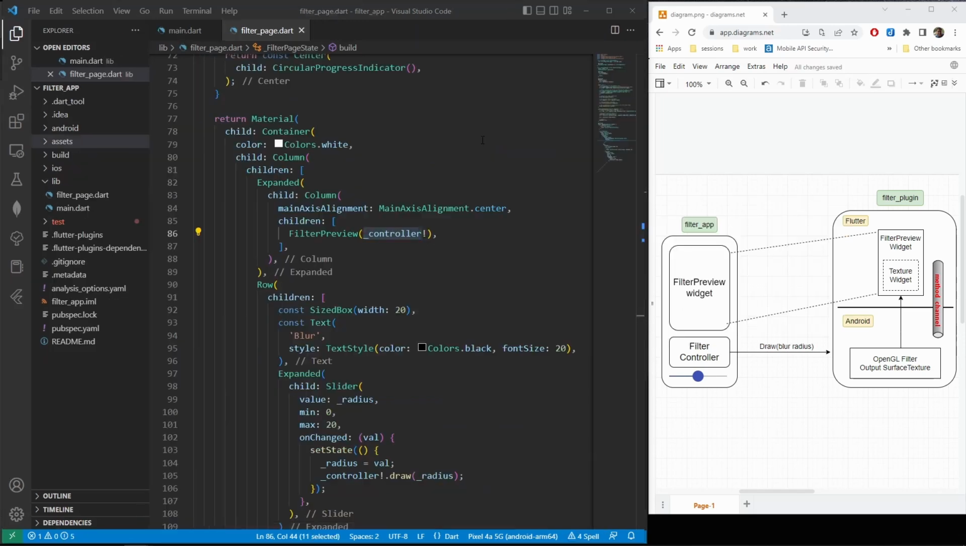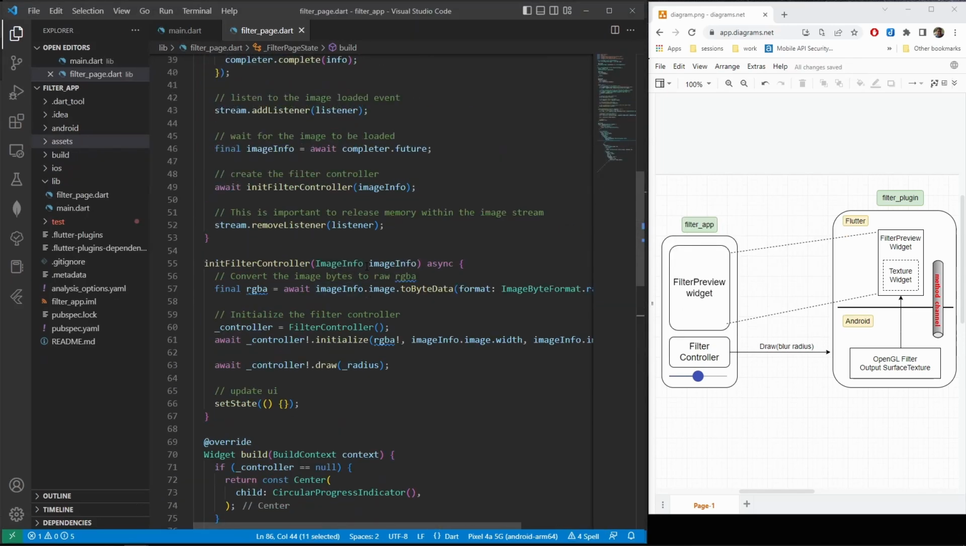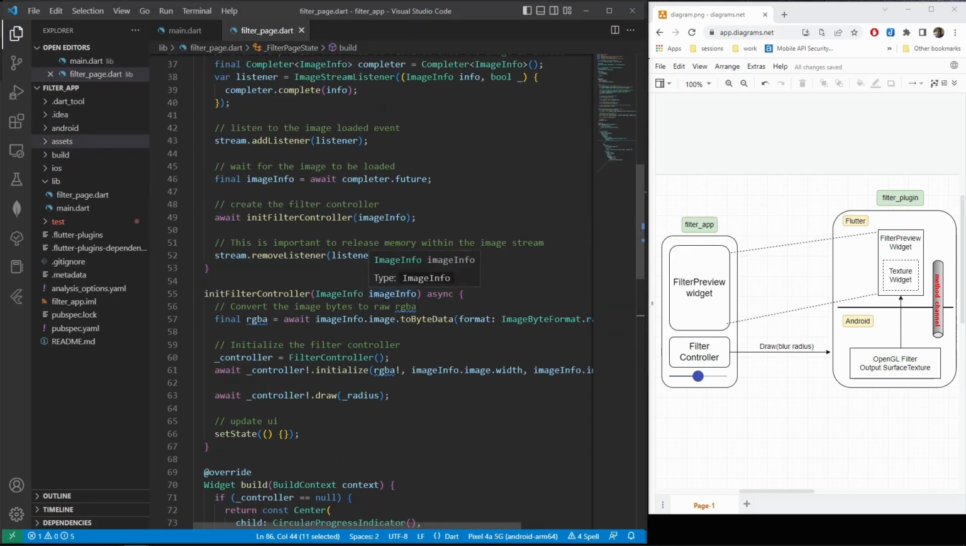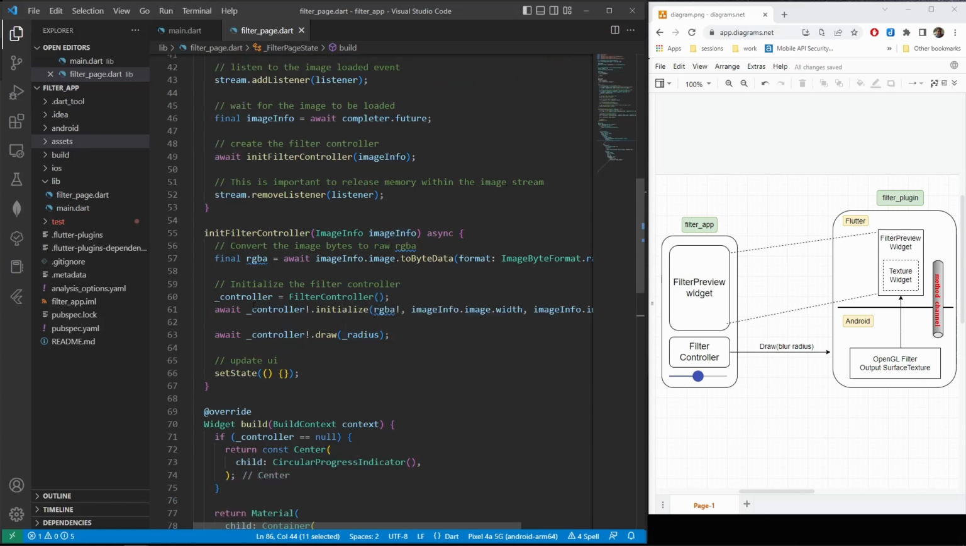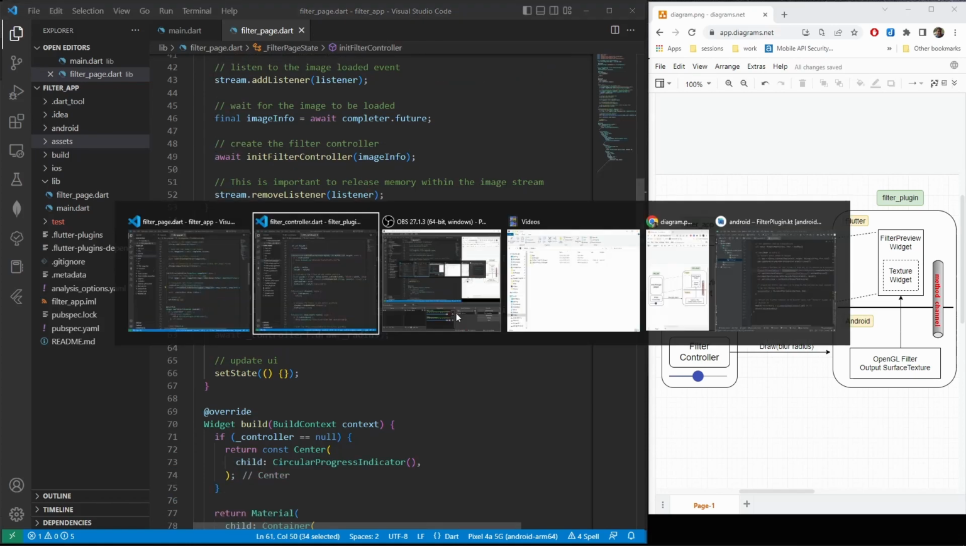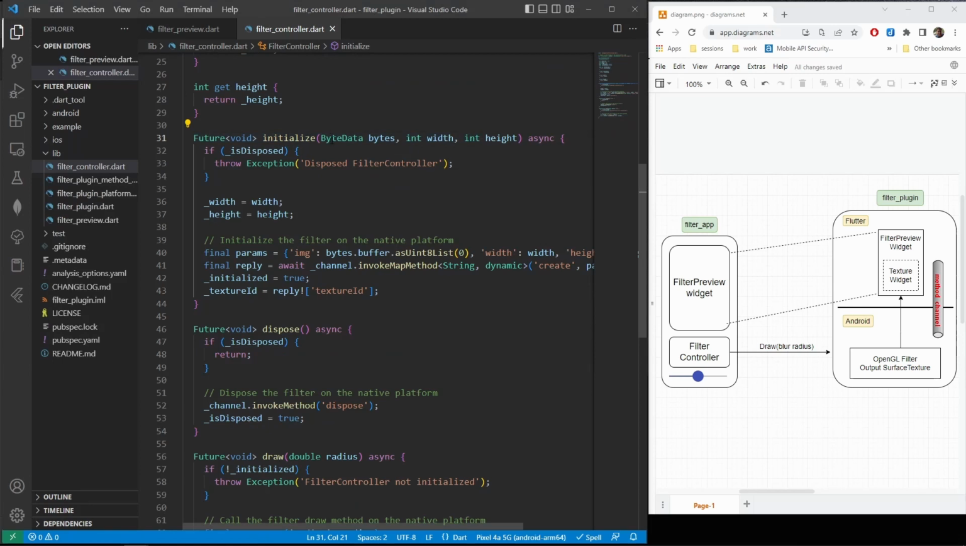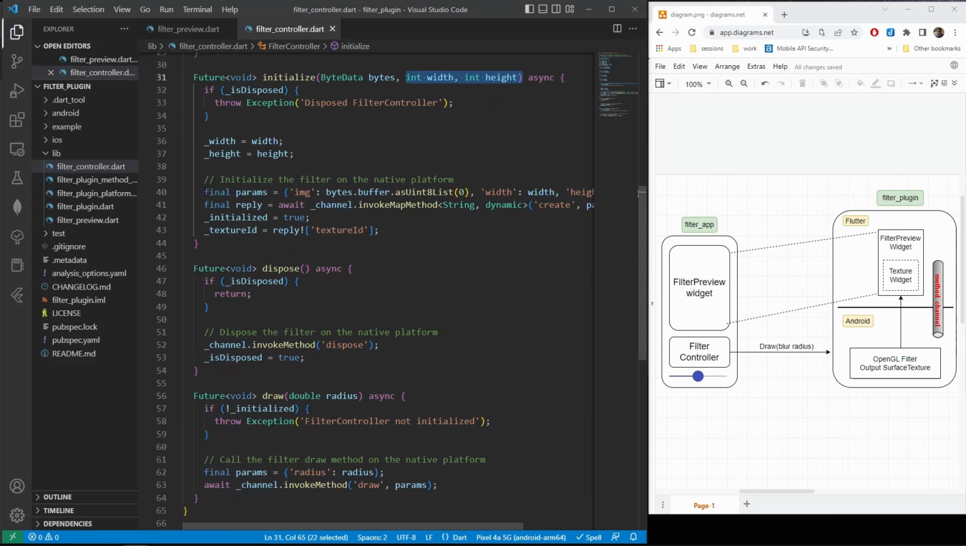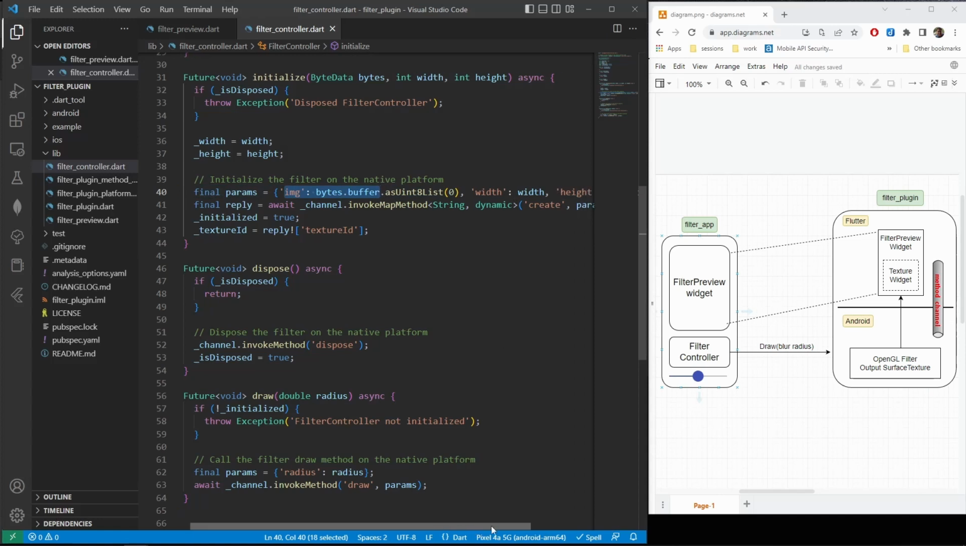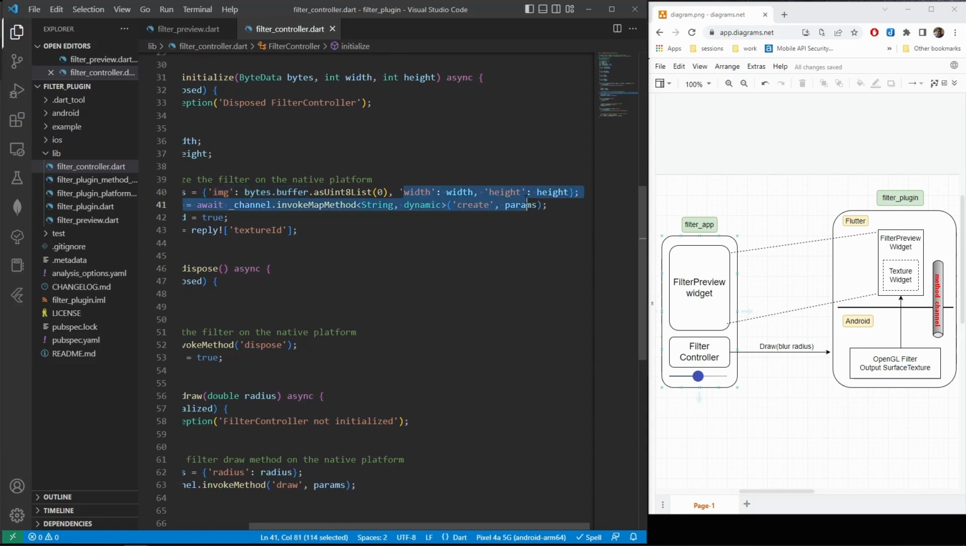We have the initialize method. So this is the initialize method from our filter app. After we loaded the image, we call the initialize method. So this is the method. We get the image bytes, the RGBA bytes, the width and the height. And here we are going to make the first method call to the Android side. So we are creating the parameter of the call. We are going to send the image, the width and the height,